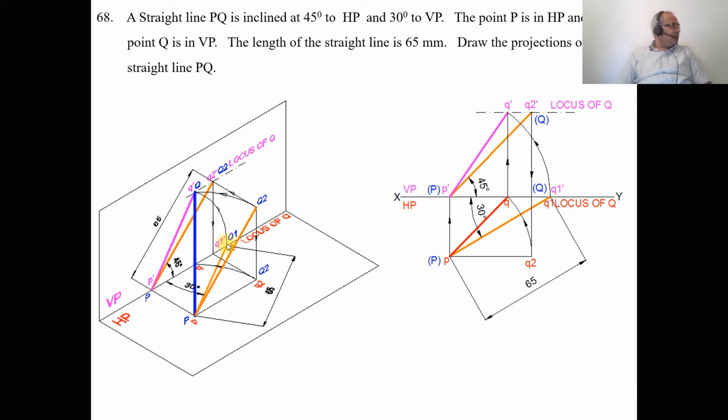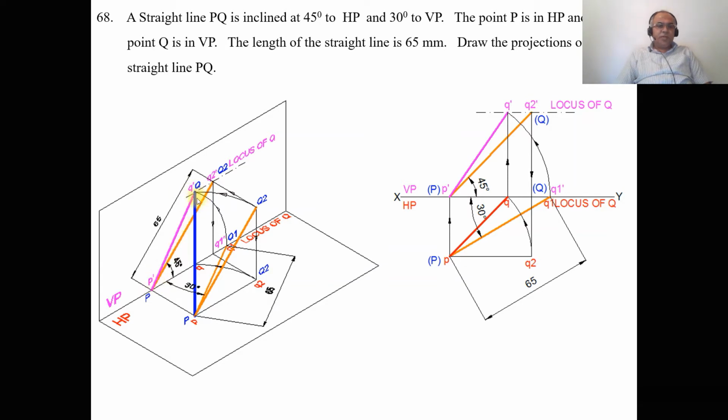As the top view is in true length, its corresponding front view is parallel to XY. So P dash is on the XY line and Q1 dash is also on the XY line. But Q1 dash is not on the XY line, since the locus of Q is above HP. So with P dash as center, taking the radius of P dash Q1 dash, draw an arc such that it cuts the locus of Q in the front view here, and mark this point as Q dash. Then join P dash Q dash with a dark line.